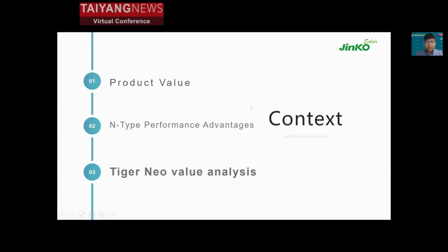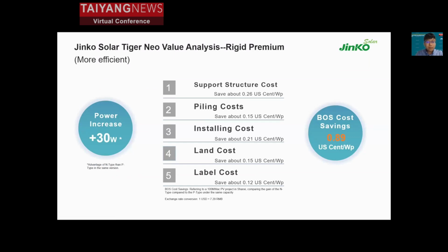So as far as the project is concerned, how much revenue does a module actually provide? We have to conduct an economic evaluation of the project, using the PERC module solution as the benchmark to compare the economic improvement of the TOPCon solution for the same capacity of the project. Since the power of TOPCon modules can be above 30 watt higher than the P-type module, it means we can use fewer TOPCon modules to meet the capacity requirement of the project, which will reduce the cost of the BOS. Taking a 100 megawatt project in